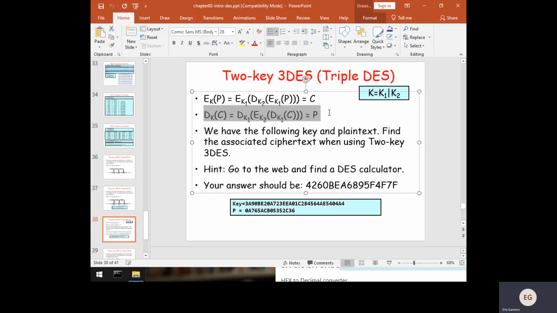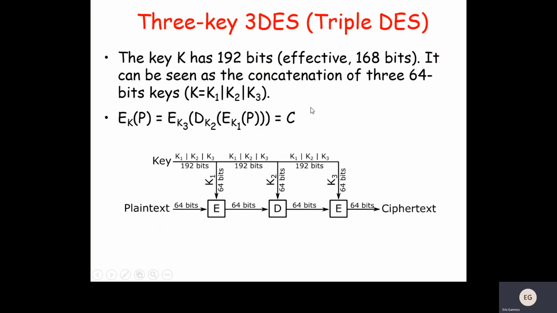So there is another variation of triple dash, which is triple dash with 3 keys. The one that we just saw has 2 keys. So let me explain to you triple dash with 3 keys. The resulting key will be 192 bits, which is 64 times 3. The effective key will be 56 times 3, which is 168 bits. So look at the key, which is 192 bits. You will break it into a first key of 64 bits, another key of 64 bits, and another